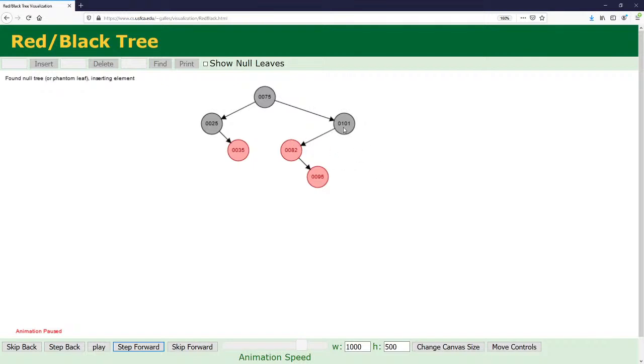And then we know we're in the black uncle case. Is this the straight line case? No. This is the zigzag case. So the first thing that we do is the zigzag rotation. Let's see how this thing does it. It might do the recoloring and the rotations together. I forget exactly how this does it. So we're going to rotate first, single rotate. There we go. There's our rotation. And now we're going to rotate,